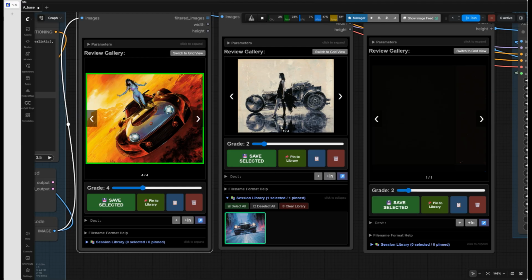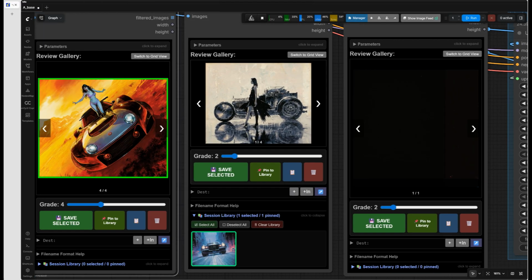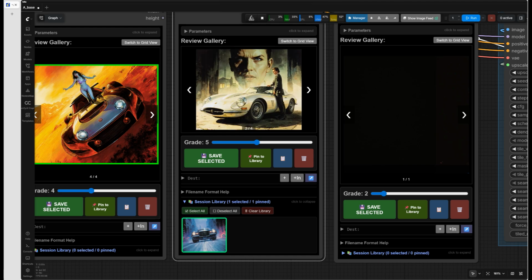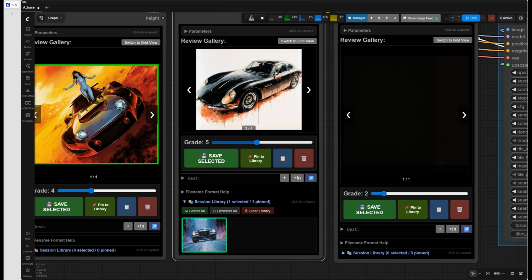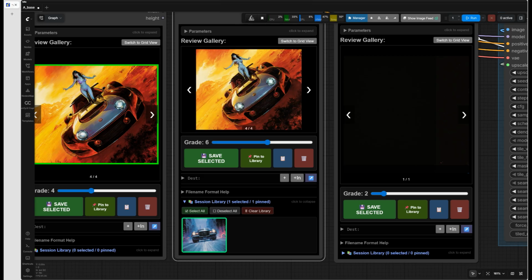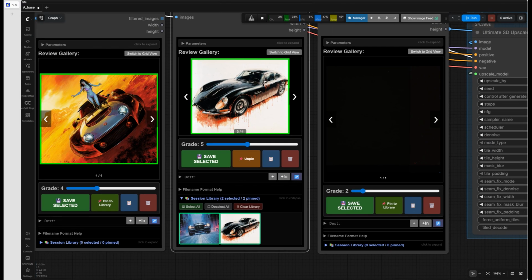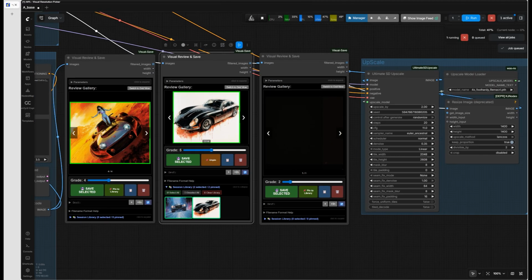So I'll take one more image just to show you that it works on multiple of them. Actually, I really like this one, but I will take this one to generate. I will add this to the library as well, and I can select that as well. And what I'm going to do now is click again to generate new images, and while I do it, it takes the two selected images from the session library